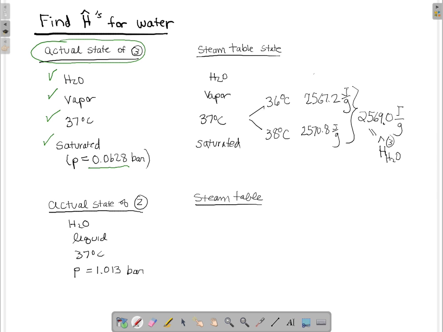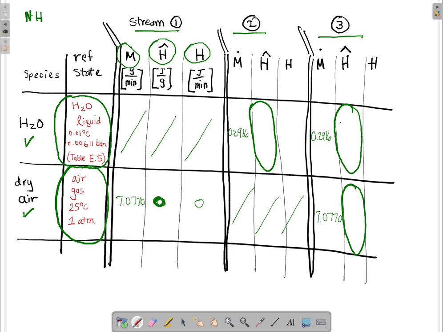So we can go back and update that number on the chart. So we have 2569.0